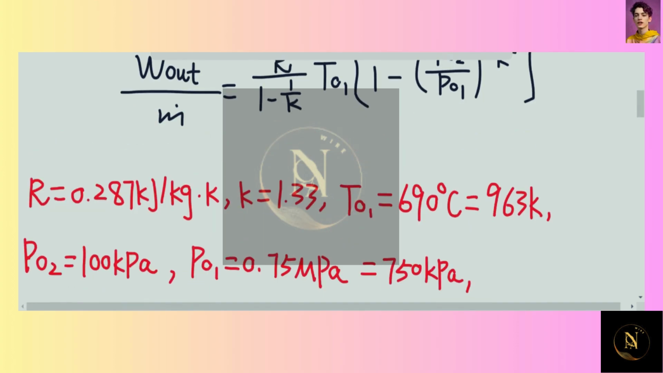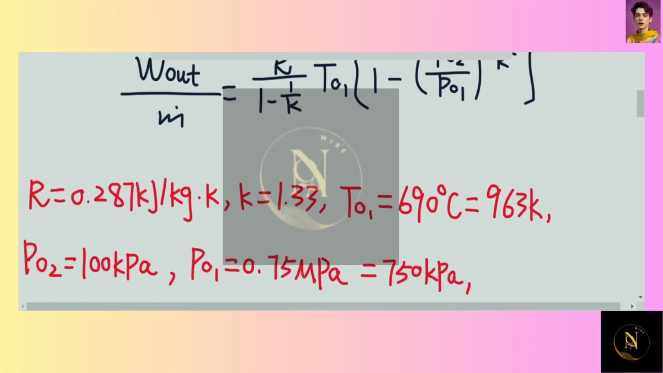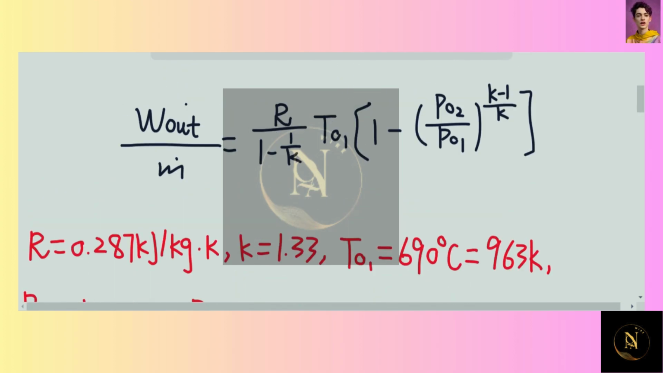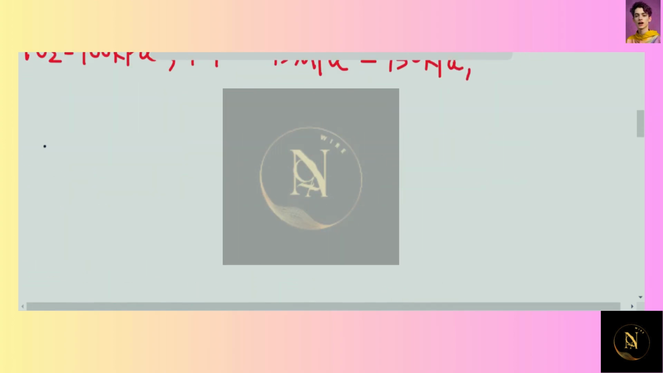Okay, so that's all we need to determine the power output per unit mass flow rate. So let's plug back into the equation to determine the power output of the turbine per unit mass flow. So this can be equal to